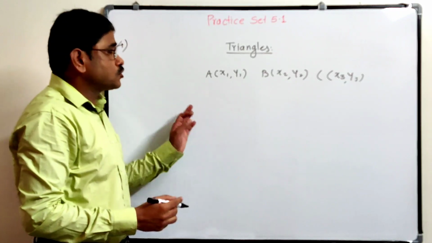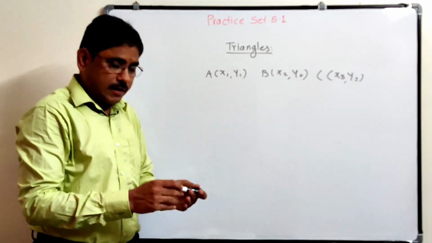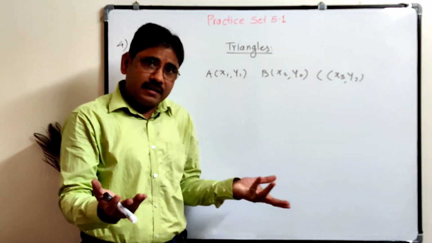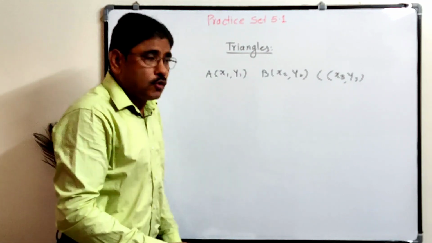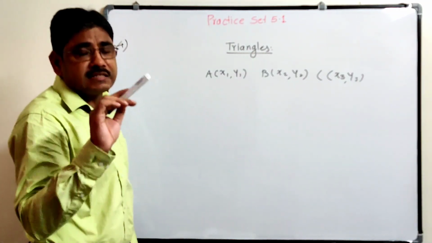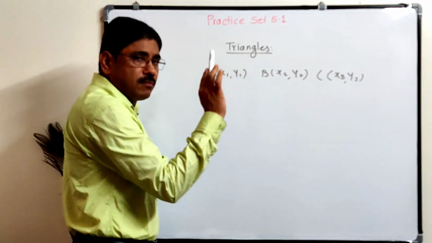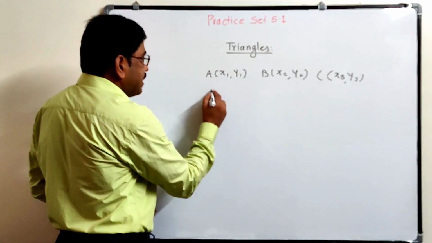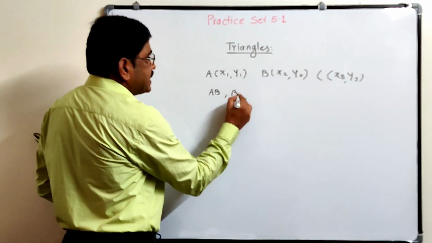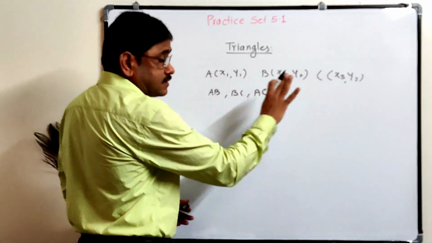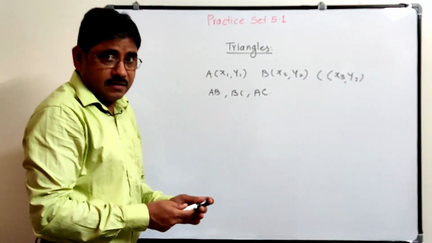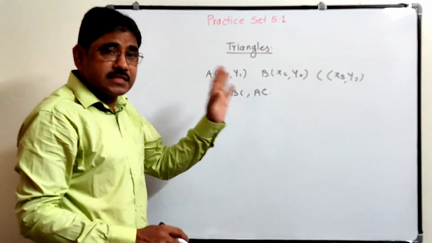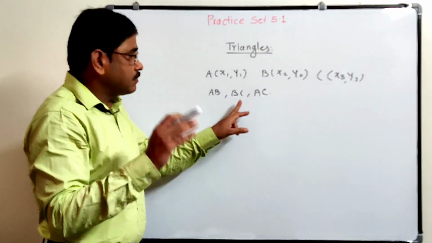Then first we have to show it is an equilateral triangle. This I have to show. Whenever triangles are there, 3 points means it will be a triangle, it cannot be a quadrilateral. So the first step is to find the 3 distances. Distance AB, using the distance formula, distance BC and distance AC. So find AB, BC and AC. Remember these things because these are very important. You can solve the sums on your own using this. So whenever 3 points are given, find AB distance, BC distance, AC distance.